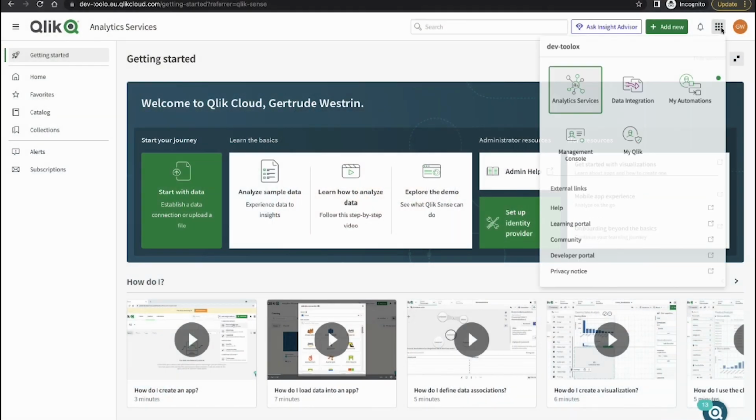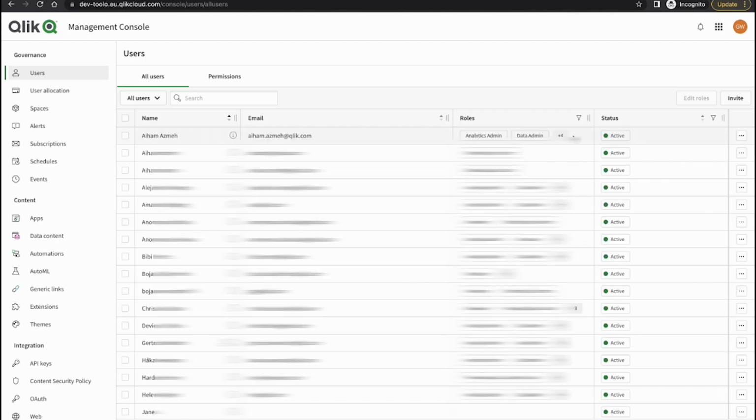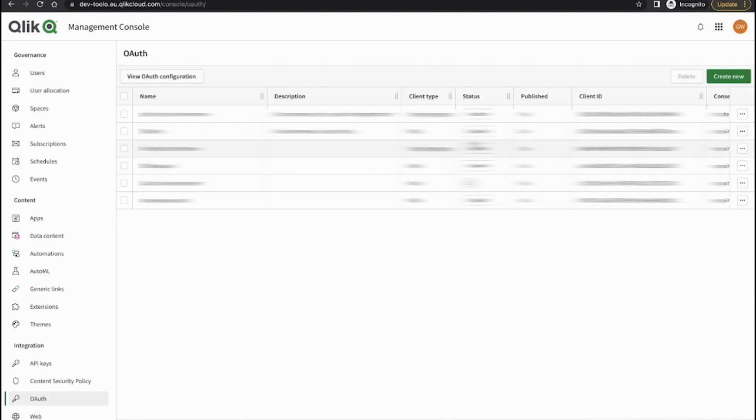Qlik Cloud supports OAuth 2.0 authorization code and client credentials flows. Using the management console, I will demonstrate this, as it can be used for different use cases. You first go to OAuth, create new,